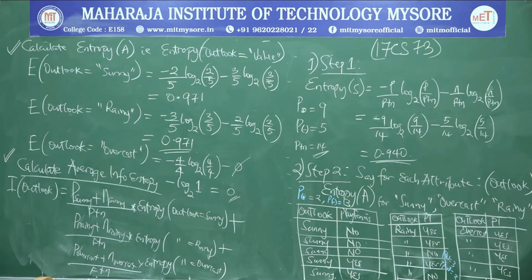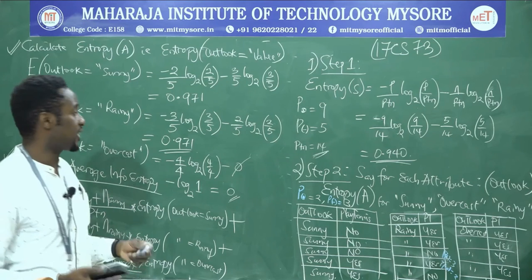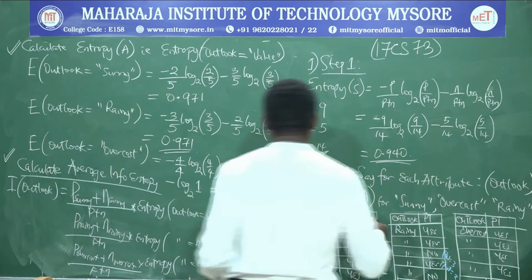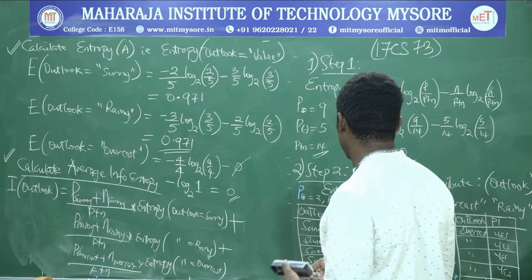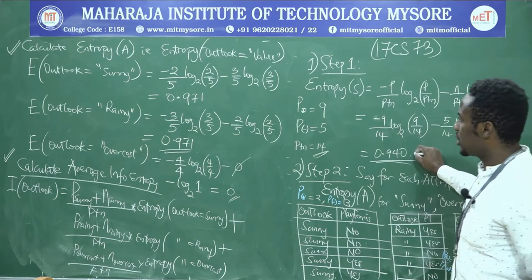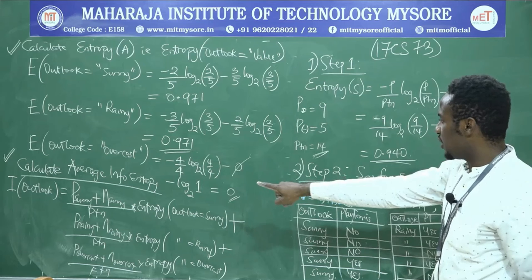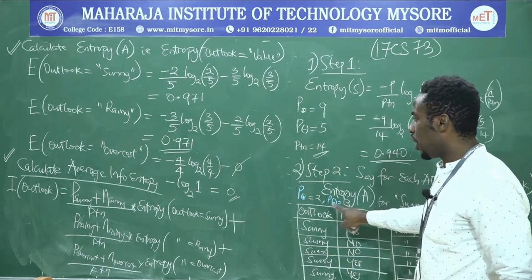Please remember the formula and what our previous answers were. If you can't remember, fine. It's always good to make a table of the values, okay? So please remember, for the entire entropy, we need P of sunny plus N of sunny. That is 2 plus 3 upon